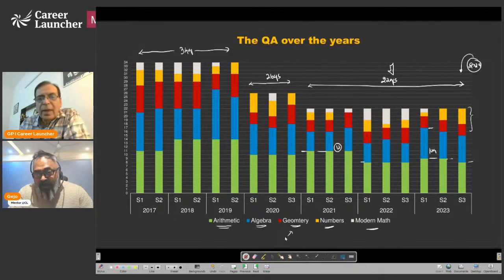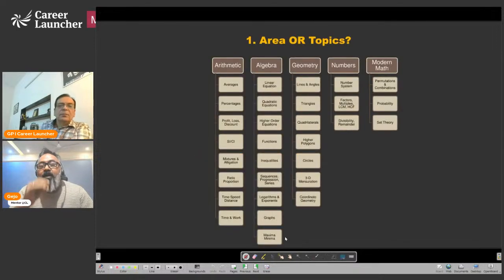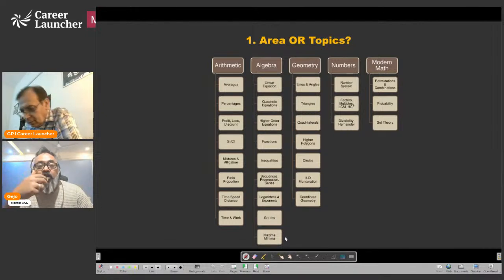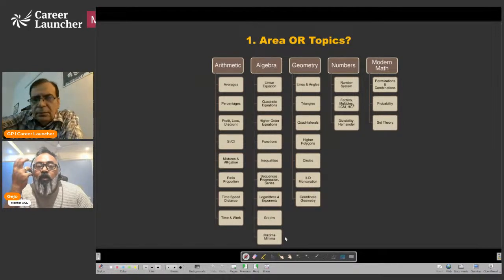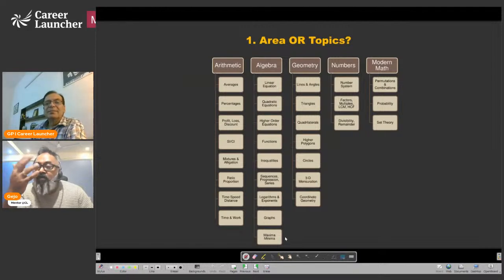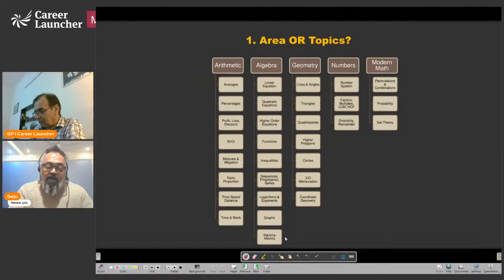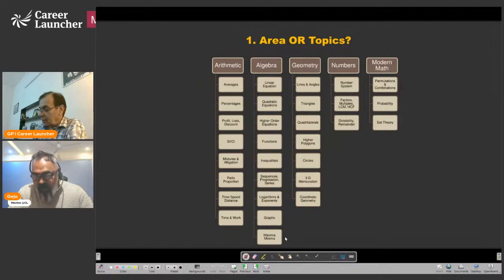Okay, so a few things to consider. The first thing I want to consider is, while there is a lot of conversation about areas like arithmetic being important, arithmetic plus algebra plus geometry plus numbers first, what we also need to understand is that within each of them there are chapters, right? And within each of them there are constructs. Now, if I look at all the questions from CAT 2017 till 2023, and look at which chapter each question has come from,